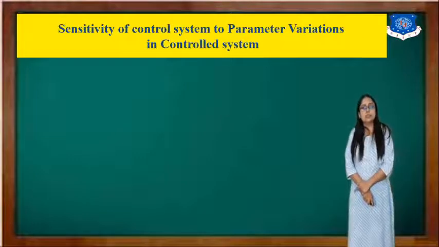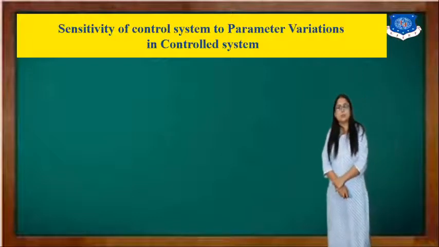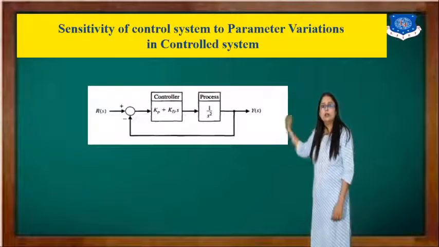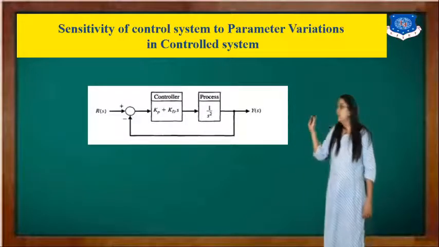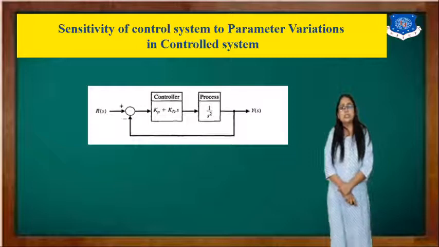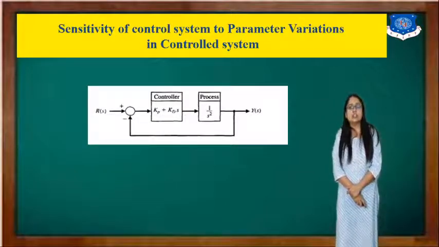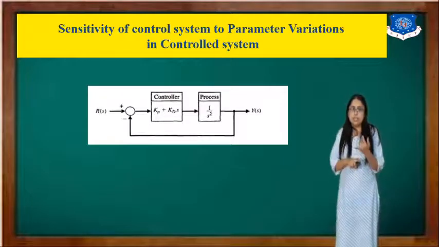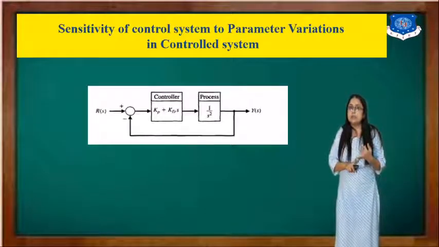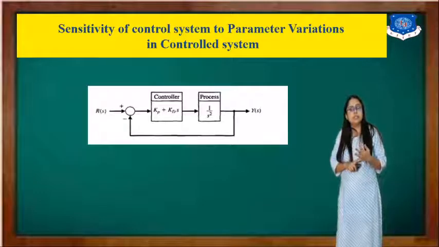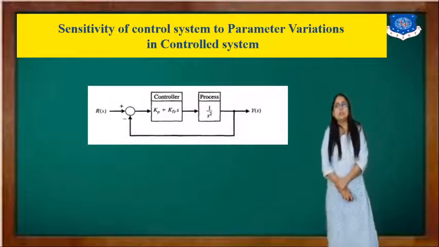Now the last topic, that is the controlled system, and our sensitivity topic is over. Now see, this is a controller, and here we have a process, right? And here I am using Kp plus Kds, that is a proportional controller and derivative controller. You know we have P, I and D. P represents the proportional controller, I the integral, and D the derivative. P, I, D. So here this is our system.